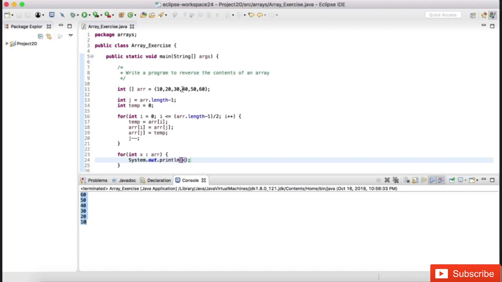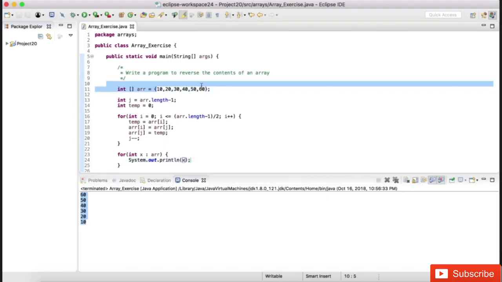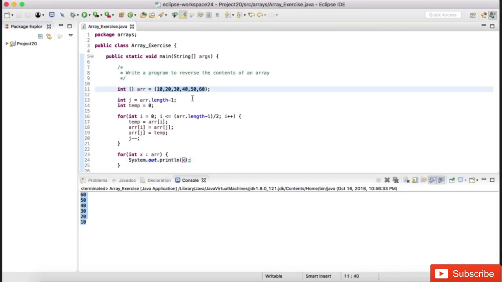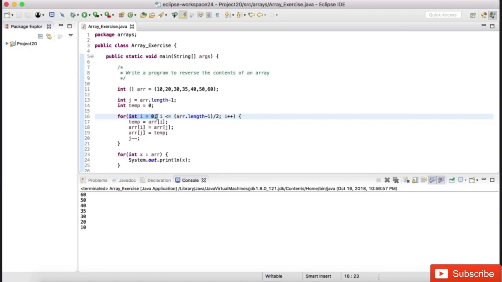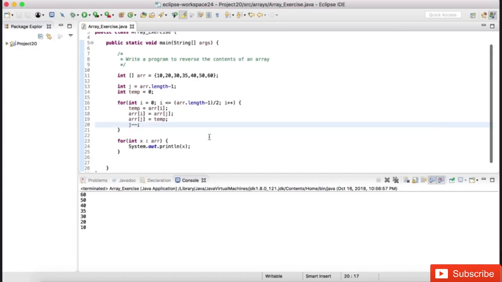What if there is one more element added? Like in this case, you might think the number of elements of the array are even. What if the number of elements are odd? Doesn't matter. Let us say if something like 35 comes between, same program will work. If you run, it will show 60, 50, 40, 35, 30. Just remember, we need to iterate from the beginning of the array to the mid section. Okay, this is a frequently asked interview question, and also you will see more of such questions at the